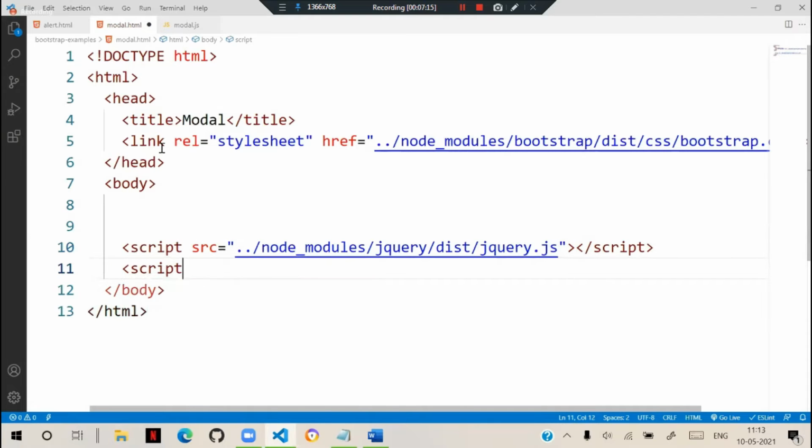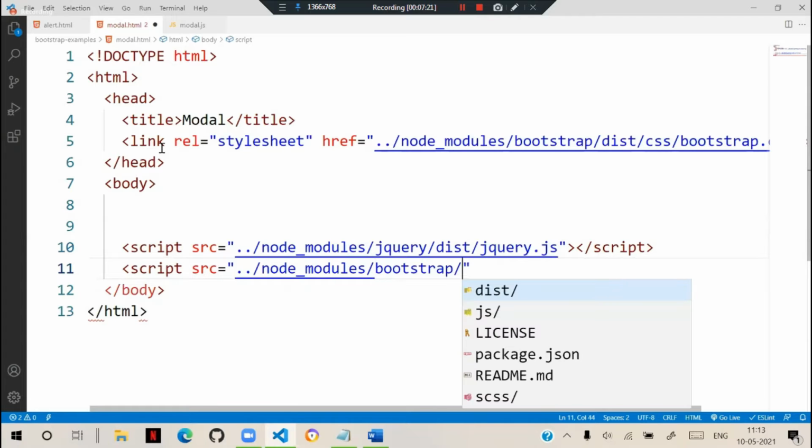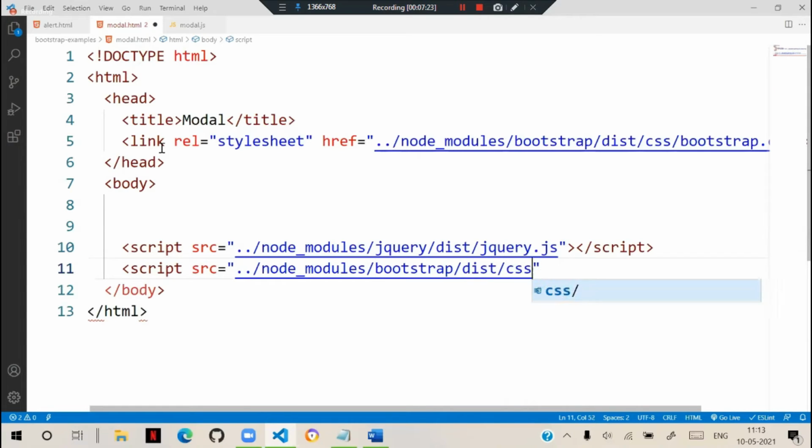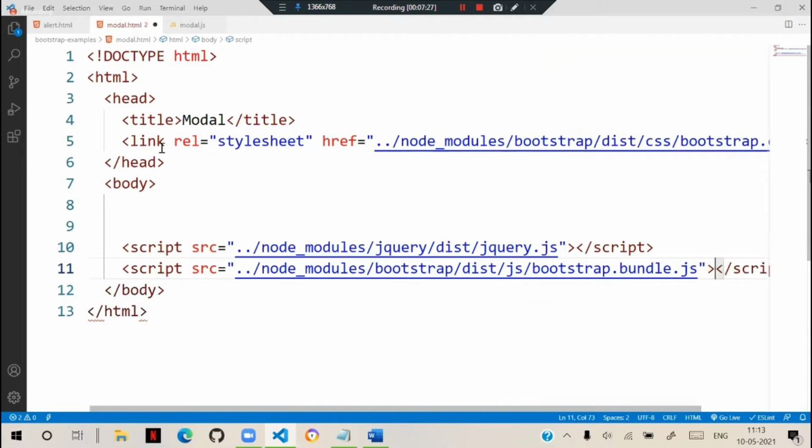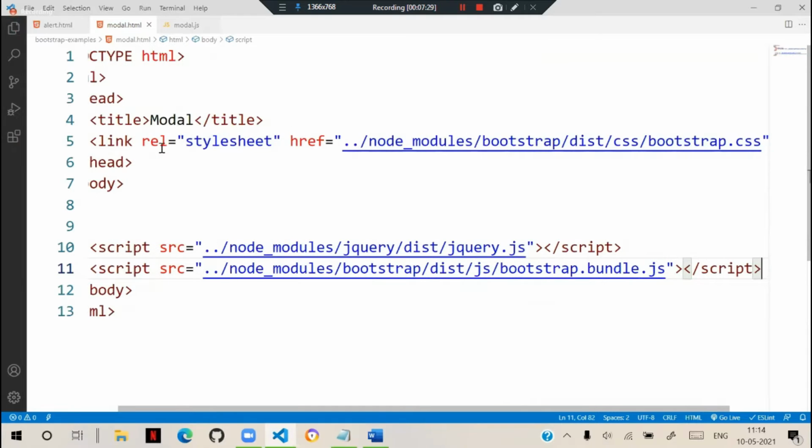And after that, we need to create another script src, node_modules, bootstrap, this JS, bootstrap.bundle.js. The scripts are the same. Only the location of the script has changed. That is the only difference.